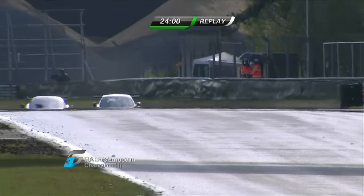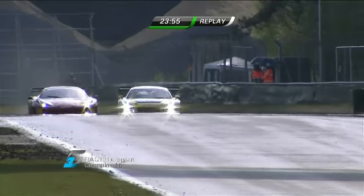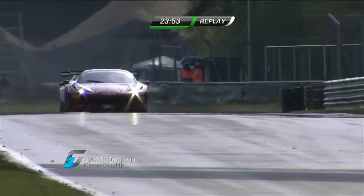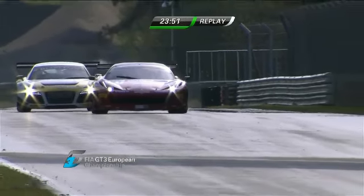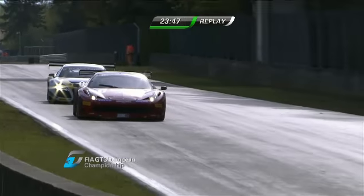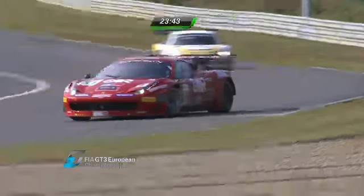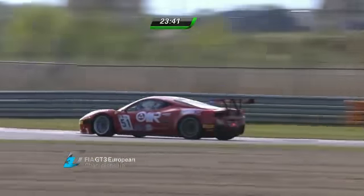And here you can see the side-by-side that we just briefly saw, but this is how it happened. Michael Lyons was a bunch quicker coming out of turn 4, and it was a no-brainer. He was just simply miles an hour quicker. The Audi could do nothing about it, and Michael Lyons took that place,